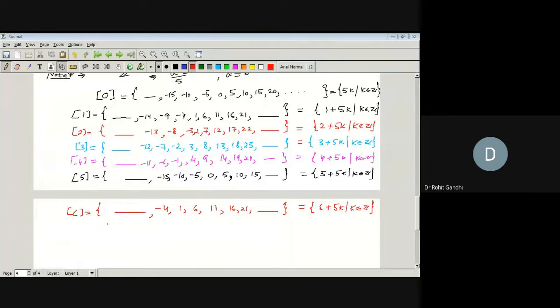Right. So student, similarly, you can write the equivalence class of any integer. You can also write the equivalence class of -1, -2, right? For an equivalence class, what we have to do is see the elements which are in relation with that particular element. Now observe all these equivalence classes.